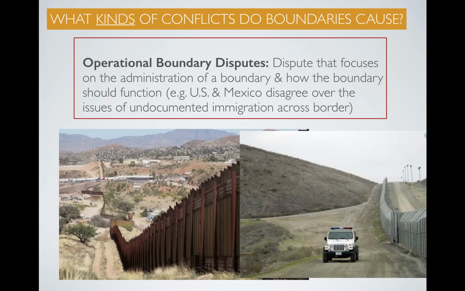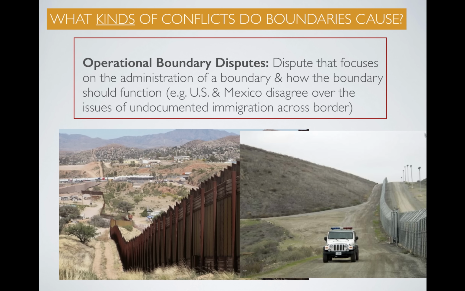The last type of boundary dispute is called an operational boundary dispute. Now, I'm going to use the same example I used before about the demarcation of a boundary, when you're physically putting walls up, like the Berlin Wall, which was a demarcation. Or the DMZ in Korea would be an example of a demarcation, because there's a physical presence there. In the DMZ, I'm referring primarily to the stands of guards. Anyway, back to operational boundary disputes.